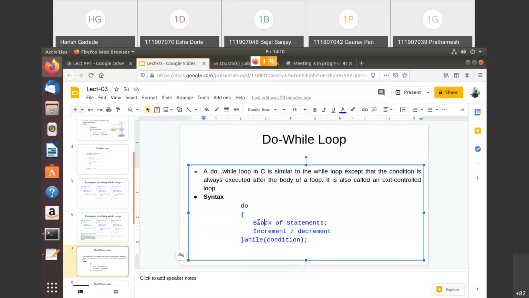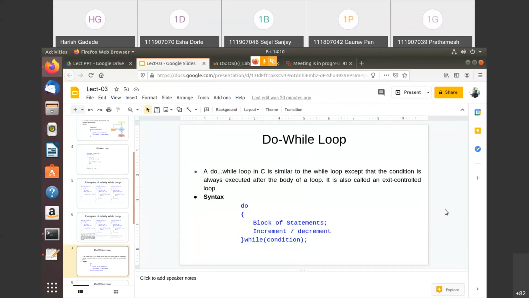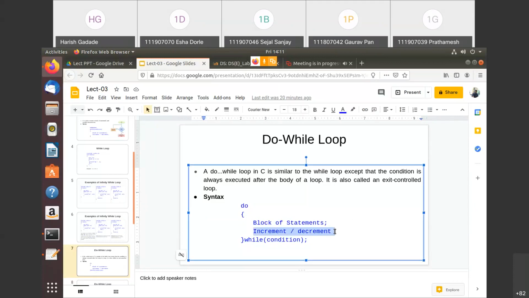But here, first we enter the body without checking the condition, and at the end we check the condition. See the syntax: do, opening brace, body of the do while, with the last statement of the body being the increment or decrement, and after the closing brace you need to put the while condition.